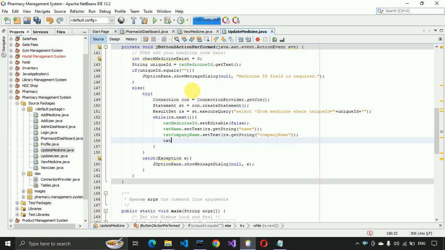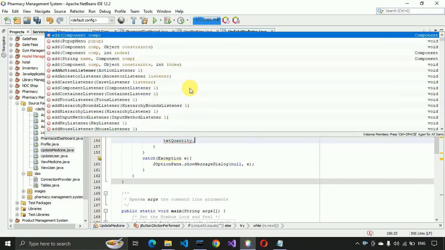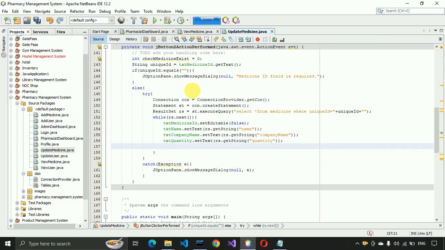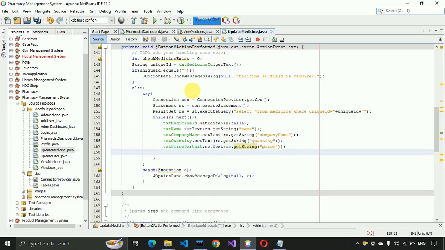and txtQuantity.setText rs.getString, and here we have to write quantity, and txtPricePerUnit.setText rs.getString, and here we have to write price, and we also want that the quantity field should not be editable,